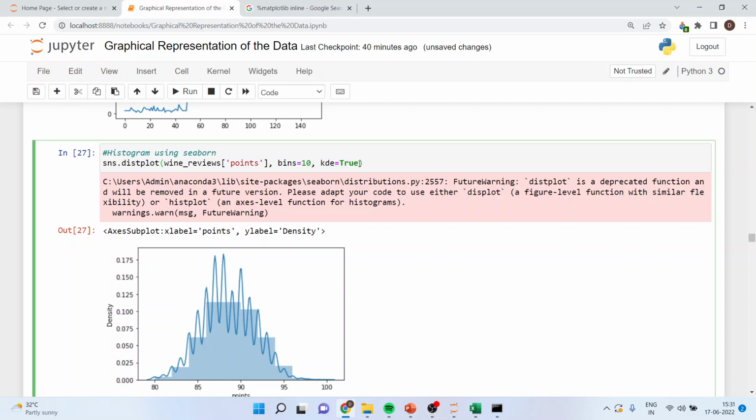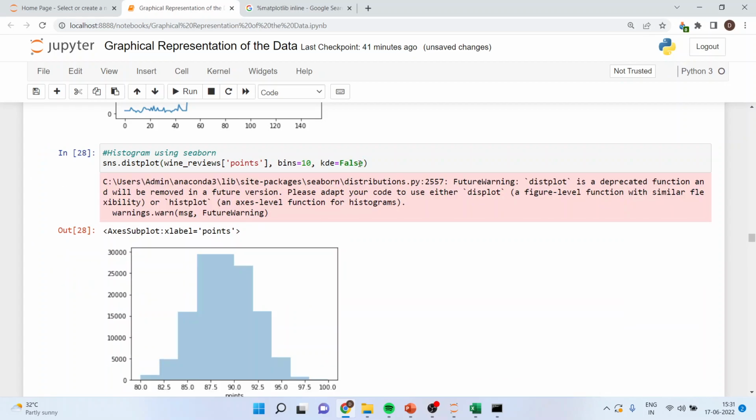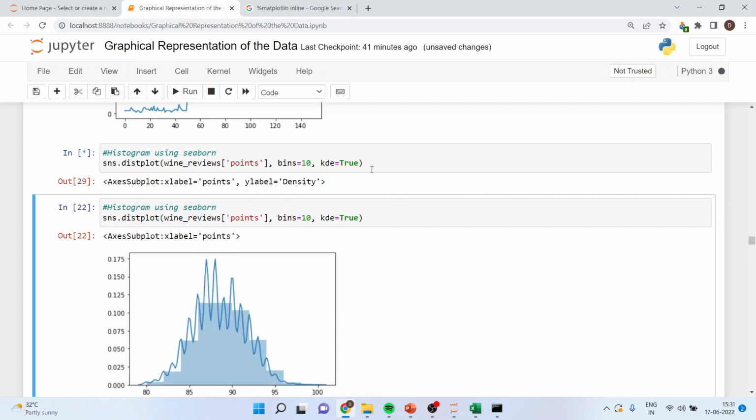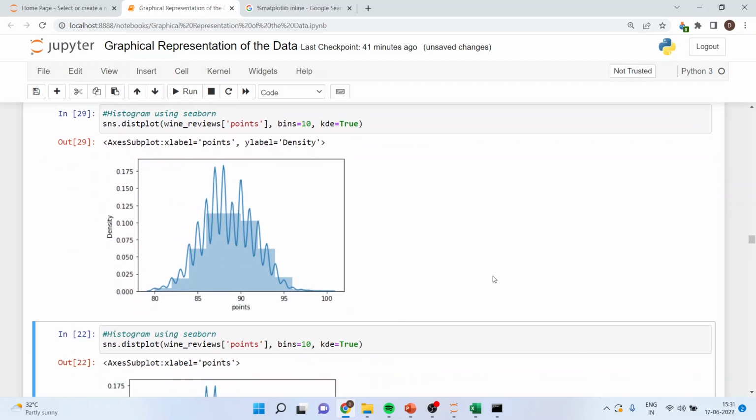If I make this false, you can see the output, kernel density will not be generated. If I keep it true,